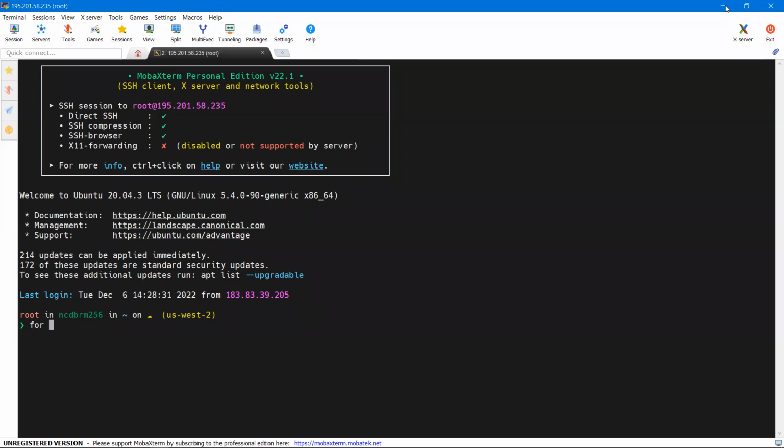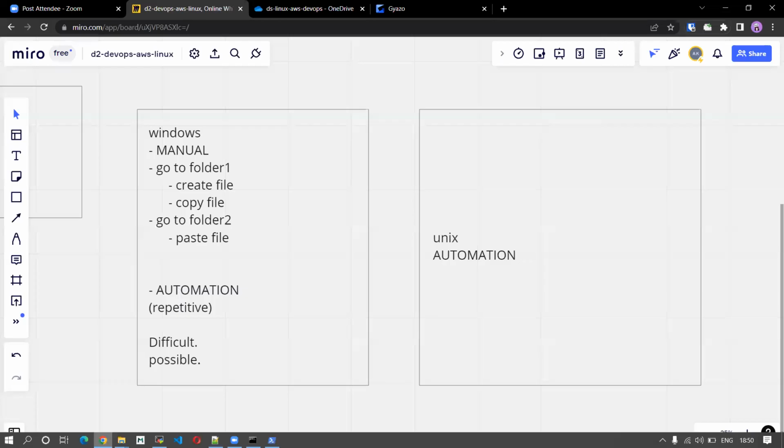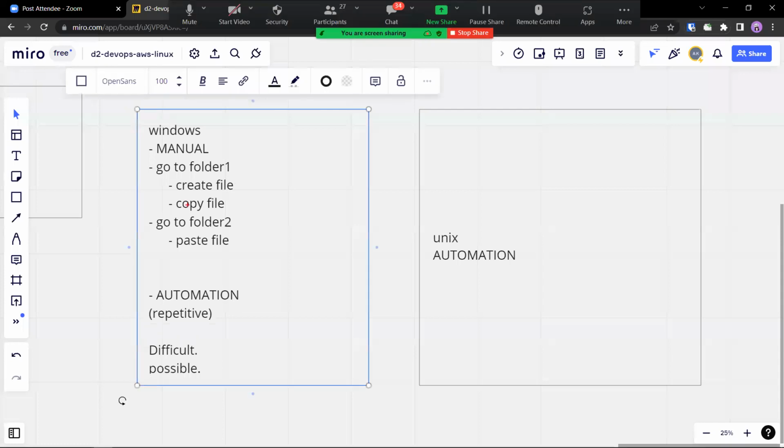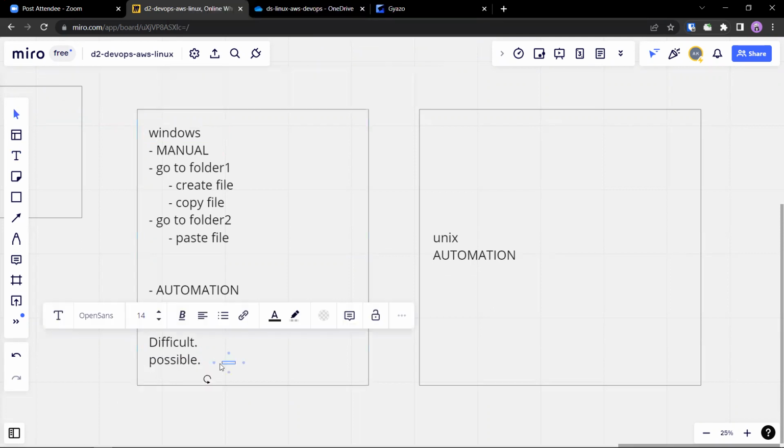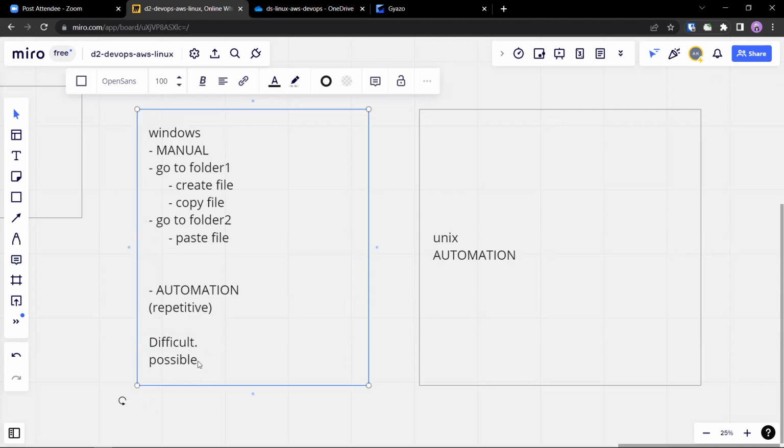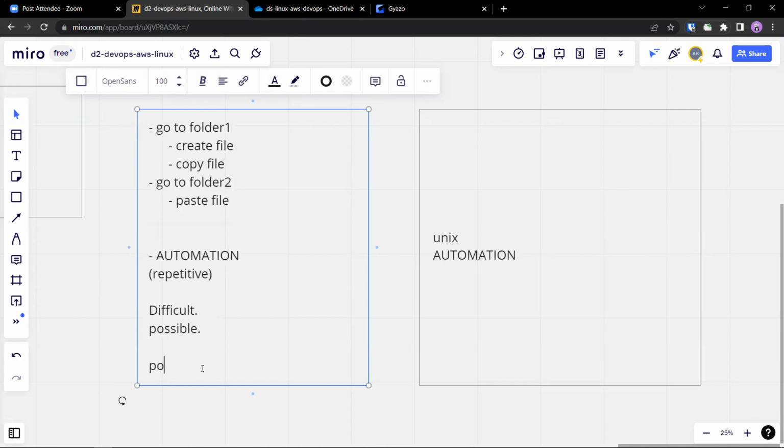But right now, the difference that we are seeing here is that automation in Windows is possible but difficult. You can write what is called a PowerShell script here. Let me write it here. So you can use PowerShell scripting.